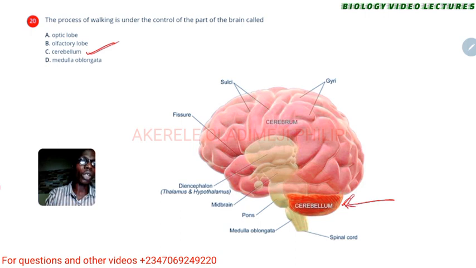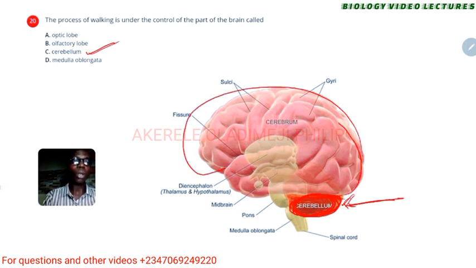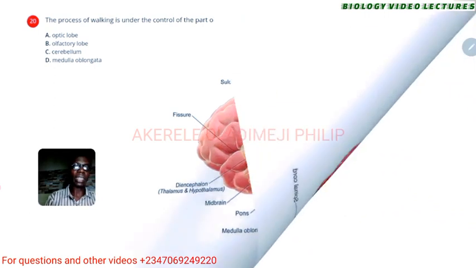I mean to say, we used to call it little brain because it's actually small. It's part of the hindbrain. All right. So while this bigger part here, called cerebrum, is the larger part of the brain that is the site of conscious decision, conscious effort and all of those things. All right. While this is the medulla oblongata I mentioned, which is also part of the hindbrain, which helps control involuntary activities like heartbeat and the likes.